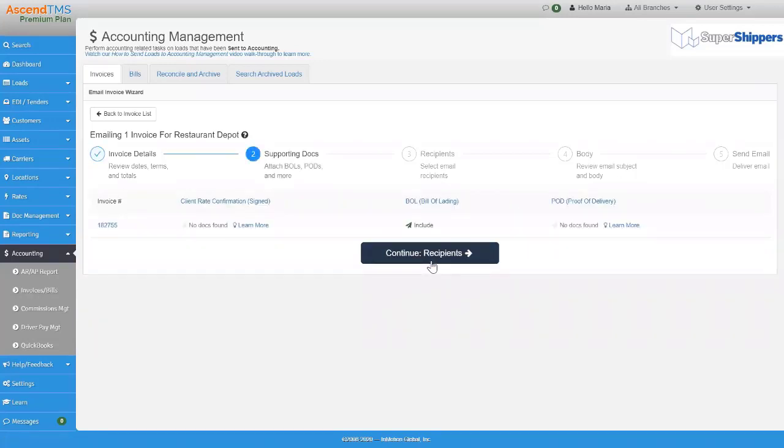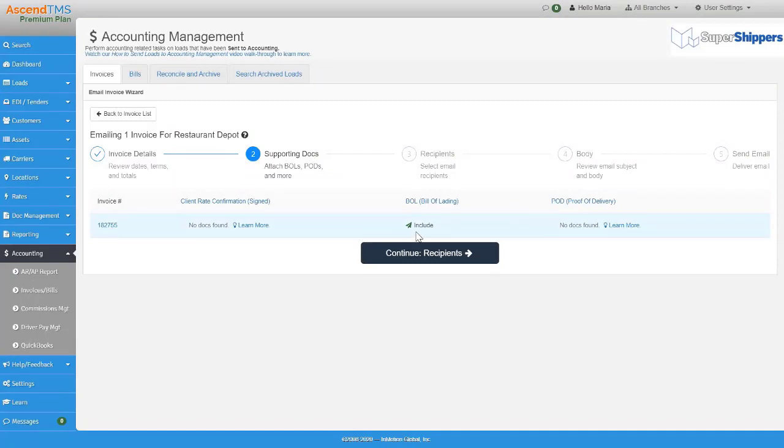And then in step number 2, the documents piece of that expander that I was talking about, it will catch. Here you have your final catch-all to say, okay, no documents found. Oh, it found my bill of lading, so that's what I needed. If you were looking for additional documents, you would see any processed documents here, not just client rate cons, bill of lading, proof of delivery. You're going to see any document, regardless of the type you selected, if it's processed in that way.